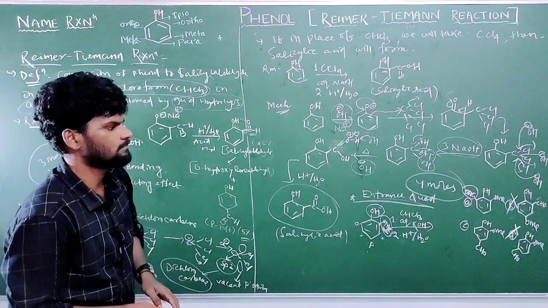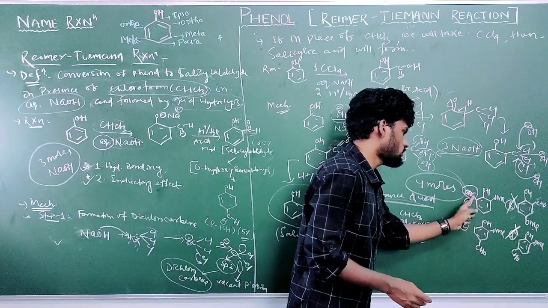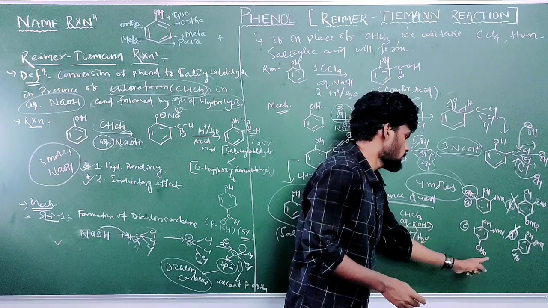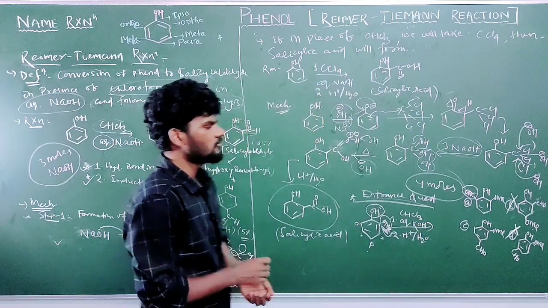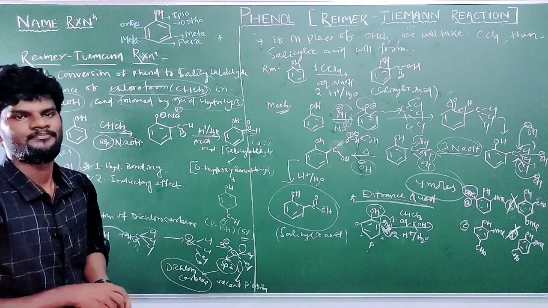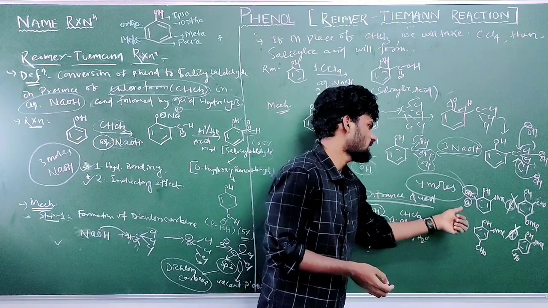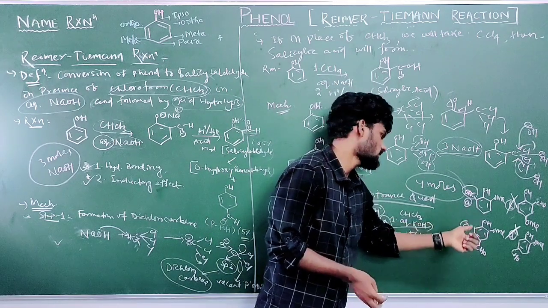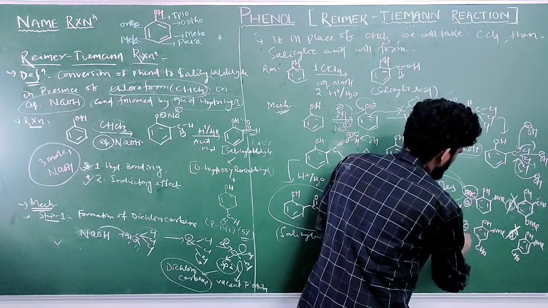What is the answer? Here CHO group is attached ortho to the OH group, and here the CHO group is attached para to the OH group. So between the two, what is the answer? Just think. We may think the answer is A, but option A is wrong. Option C is correct.